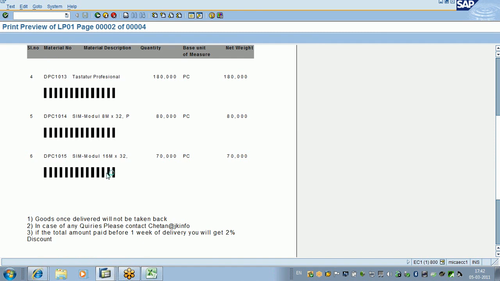In each and every page, print only 2 items. Even though the space is available, print only 2 items in the first page, next 2 items in the next page, next 2 items in the next page, like that. Keep on going like that. There will be a requirement. Okay. So now if you want to achieve this, what you will do,